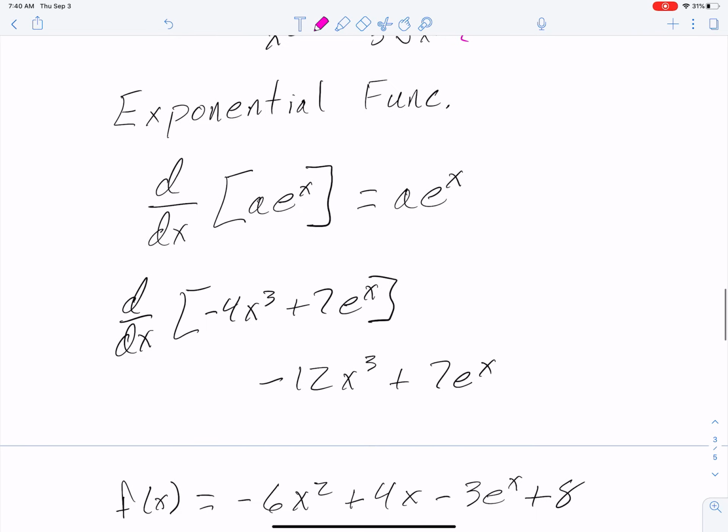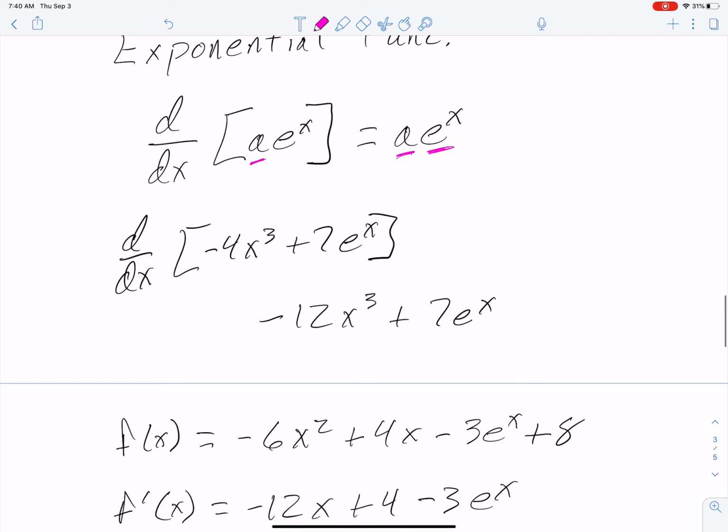Now, we're going to focus on the exponential function e to the x today. We'll look at the other forms of exponentials next time. But generically, if I've got a coefficient times e to the x, the derivative is just that exact same coefficient times e to the x. So we can quickly see, if I want the derivative of something like negative 4x cubed plus 7e to the x,